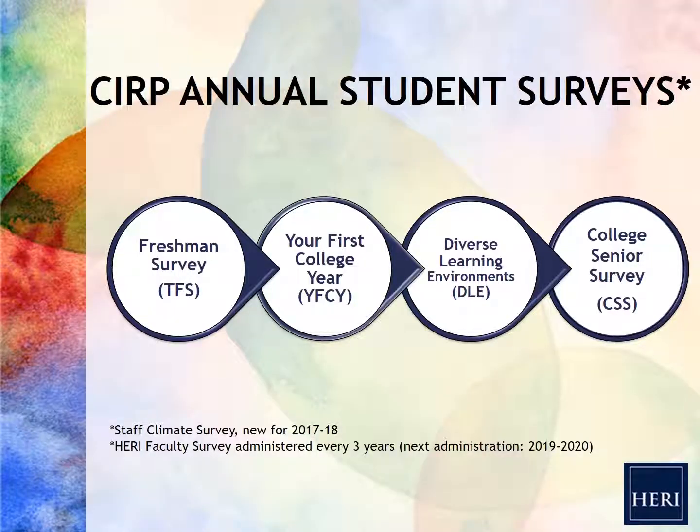Okay. So just briefly, I'm showing this because I wanted to show the chronology of the student surveys. I'm going to be talking about the freshman survey, which is administered at college entry. So this is basically a snapshot of who the students are when they get to our campus, before they've been exposed to any courses or student activities or anything like that. So it's important because we also have follow-up surveys at the end of your first college year, campus climate for diversity in the diverse learning environments, and then we have a senior survey.